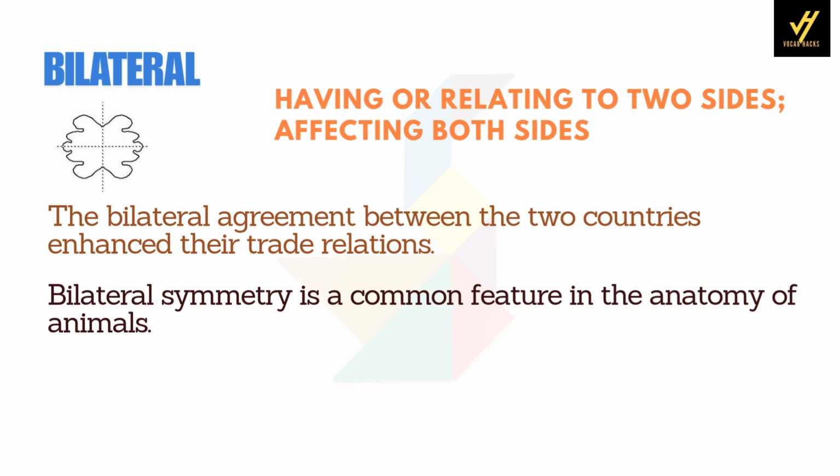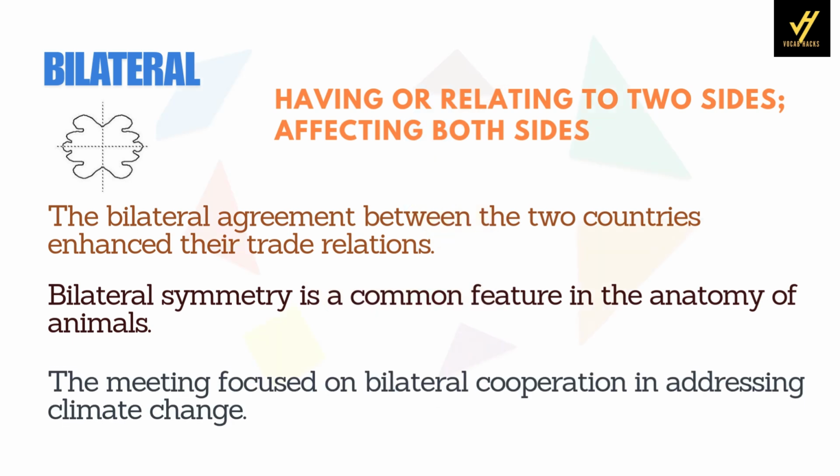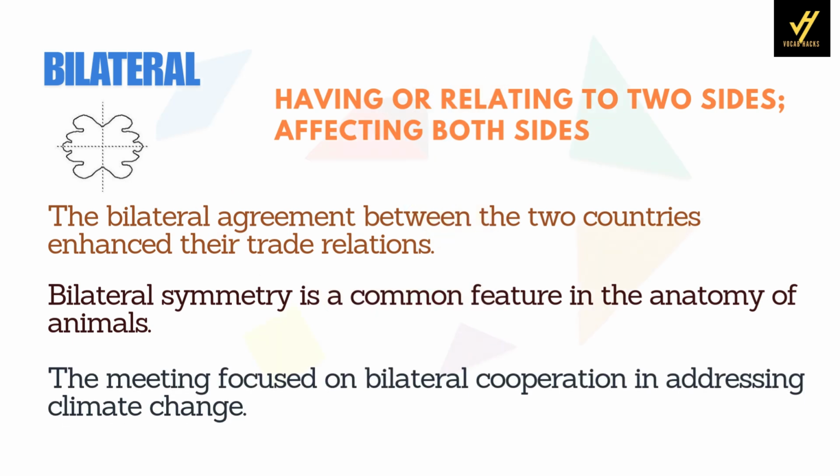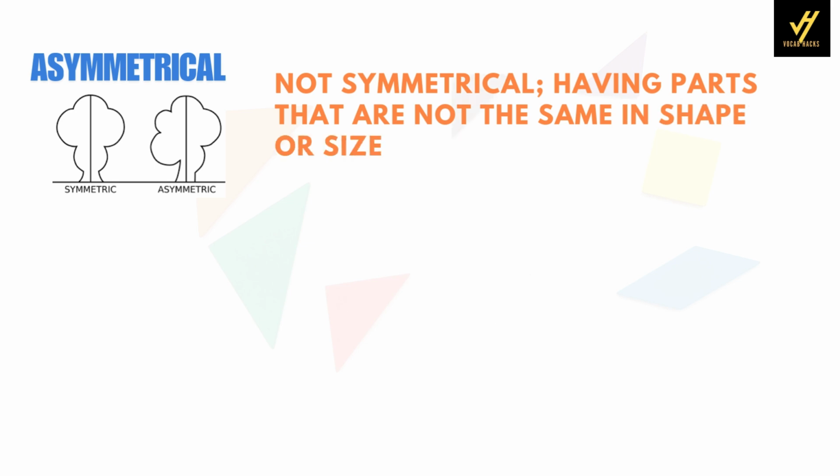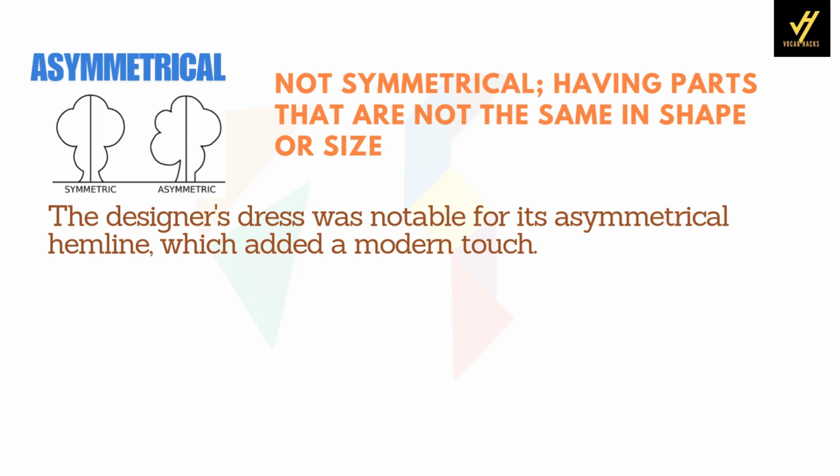Bilateral symmetry is a common feature in the anatomy of animals. The meeting focused on bilateral cooperation in addressing climate change. Asymmetrical, not symmetrical, having parts that are not the same in shape or size, the designer's dress was notable for